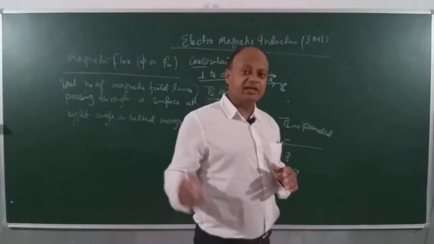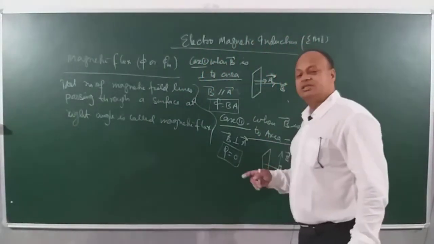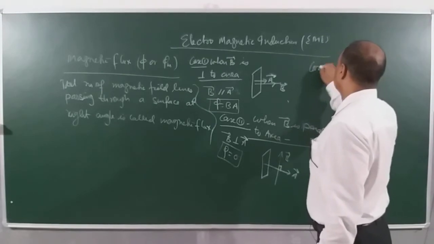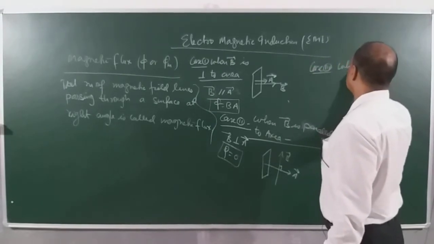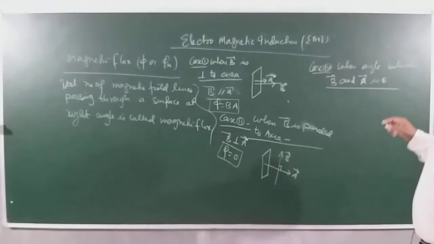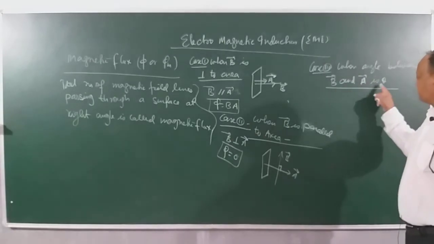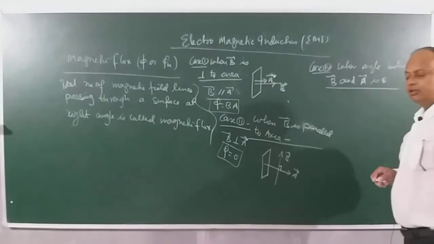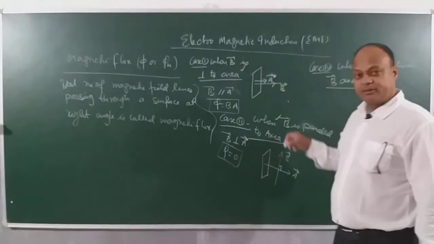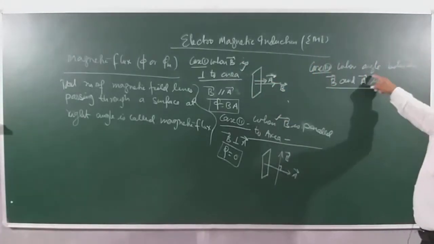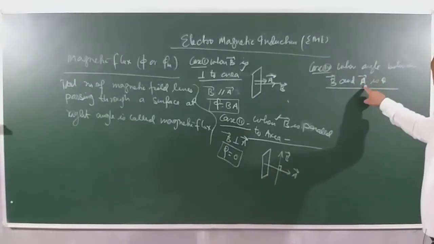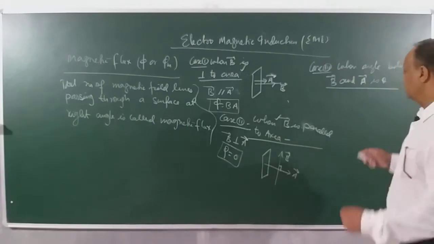Now we can generalize these two cases into a single case. That is case 3, the most generalized case, when the angle between the magnetic field and the area vector is how much? Theta. Here I said area in case 1, here also I said area, but I am being very specific. I am saying when the angle between B and A is theta. And what is A, children? A is the area vector which is perpendicular to the given area. Let us imagine it like this.